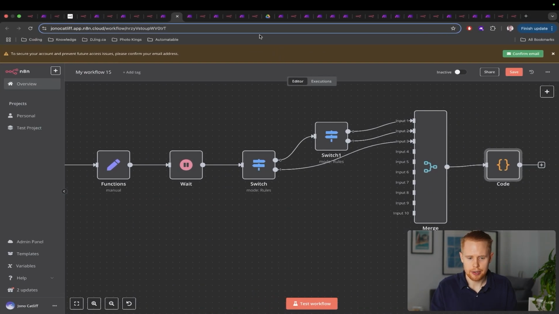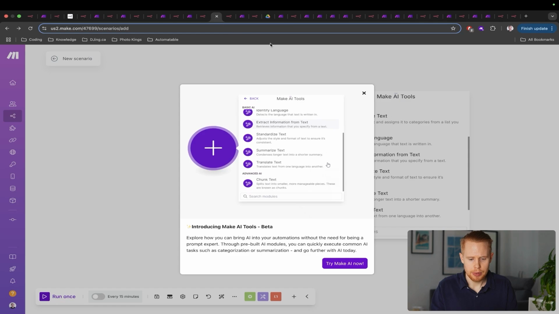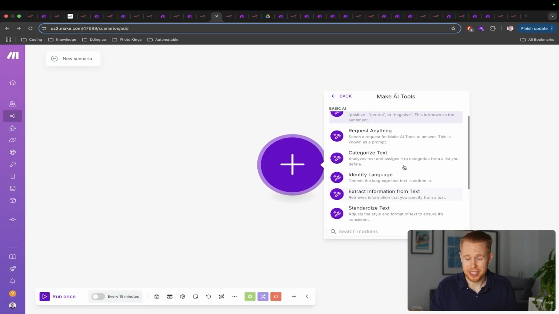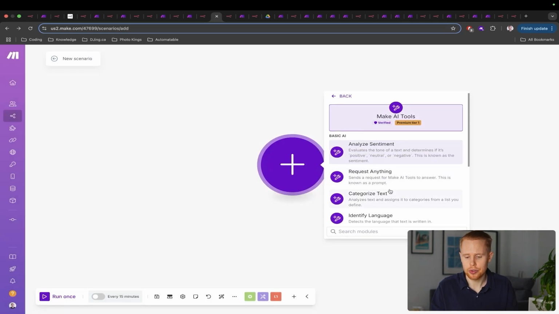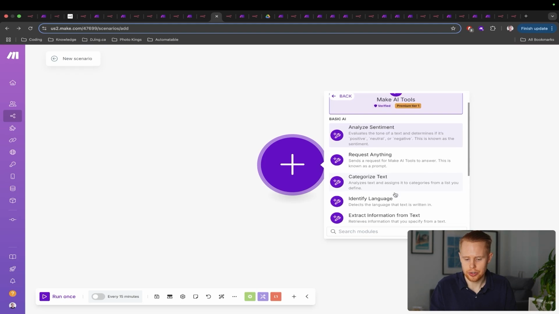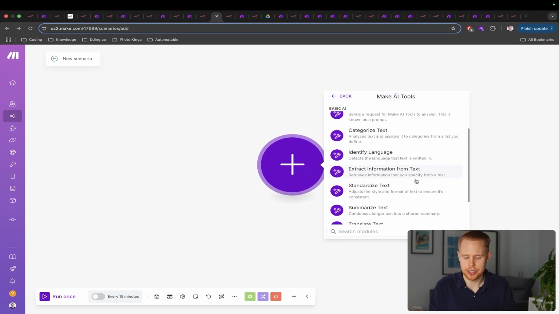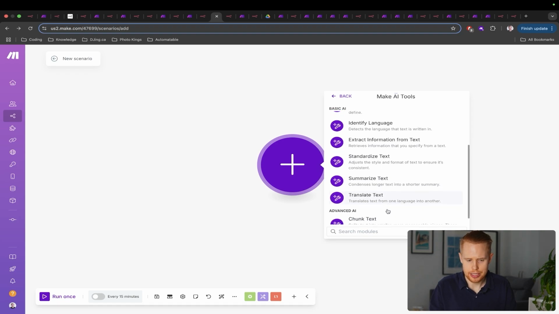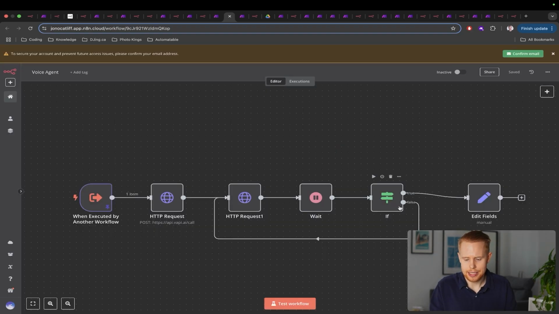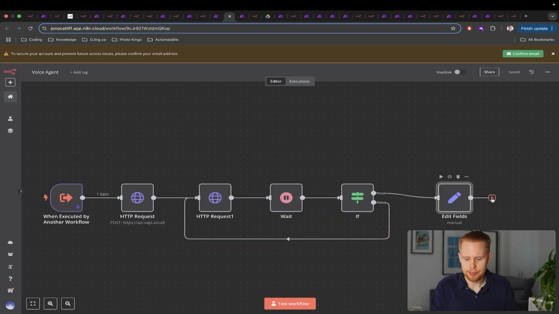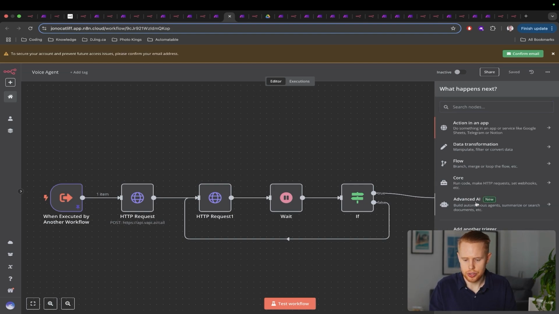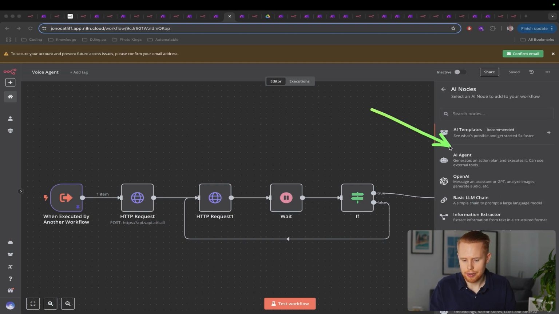So this is kind of on par with each other, but essentially with make.com, they just released this a couple days ago, but you have all these kind of AI tools. So you can categorize text, you can identify language, you can extract information from text using AI, you can summarize text, translate it, all that kind of stuff. And same kind of deal with n8n. You can also just go into their advanced AI section here, and you have access to all of these different